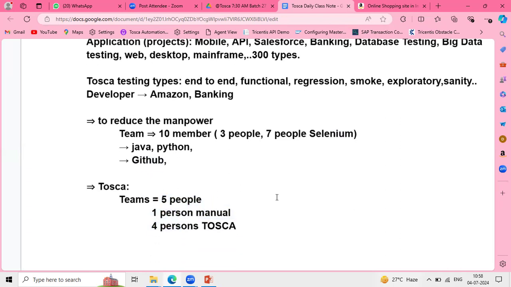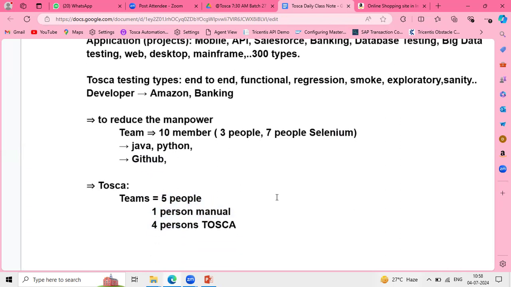You got my point? It means the developer will directly push the code into GitHub and then give us access. The Selenium test cases, they build the entire team, the 10 members. So their entire test cases, they push to GitHub. Then they trigger all these executions via continuous integration tools. They execute everything together.